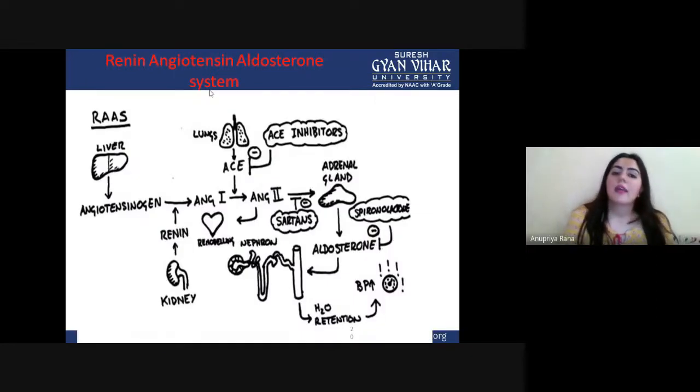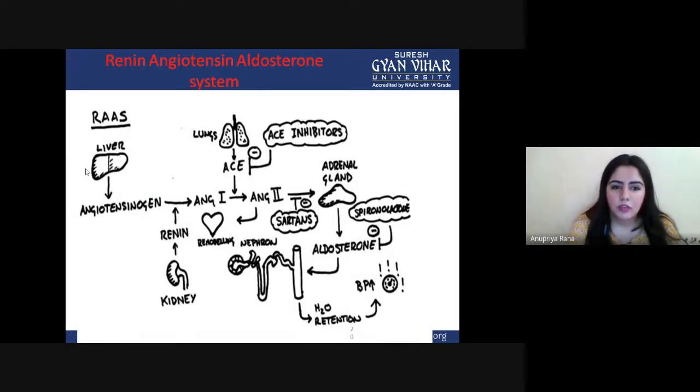Now, the renin-angiotensin-aldosterone system. This whole system happens between the kidney and liver, along with some inhibitors which act on the angiotensin-aldosterone system. Basically, its function depends on the three components: renin, angiotensin, and aldosterone. The RAS starts in the liver, which releases